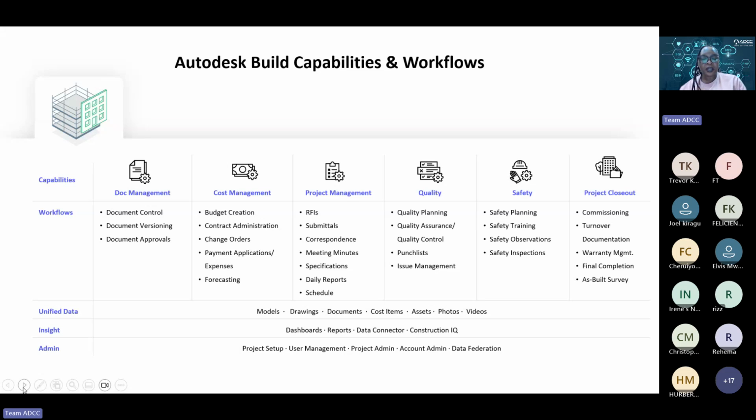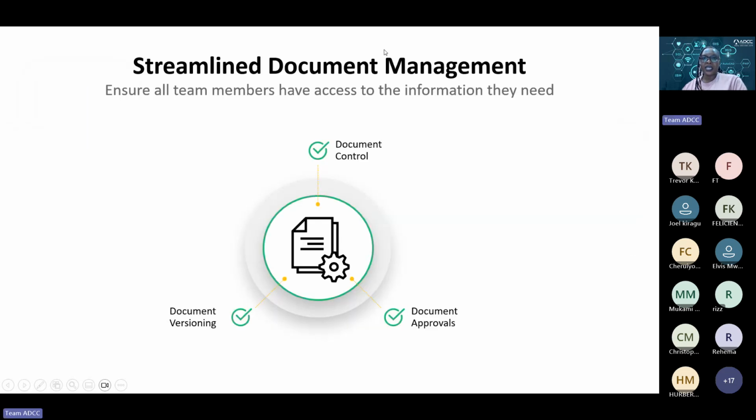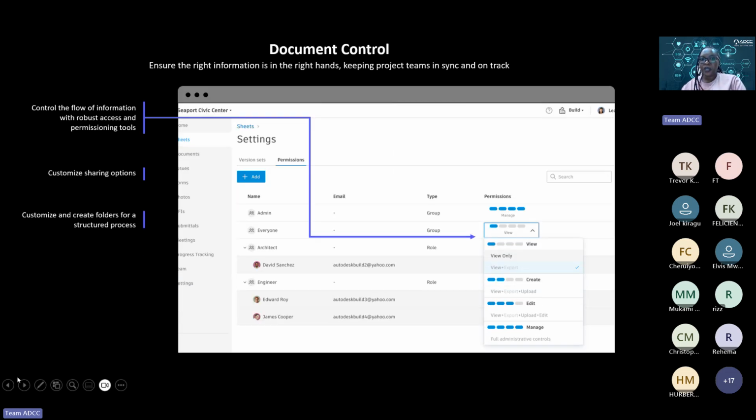Other than that, I think most of us are usually using Excel templates. So with Autodesk Build, you do not necessarily need an offline template. With RFIs, it's just as easy as being able to note down what are the key things that you would need, especially with the execution plan. So being able to know what those items are and then populating that information, because it's very intuitive. So under streamlined document management, we have the control, approvals, and versioning. So I'll just take us through some brief snaps